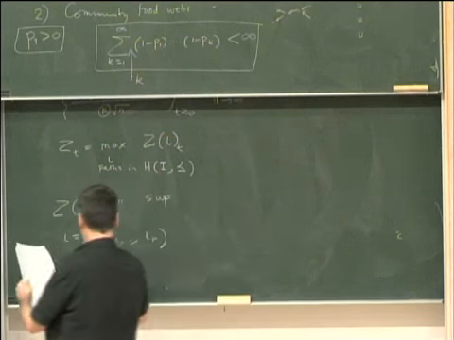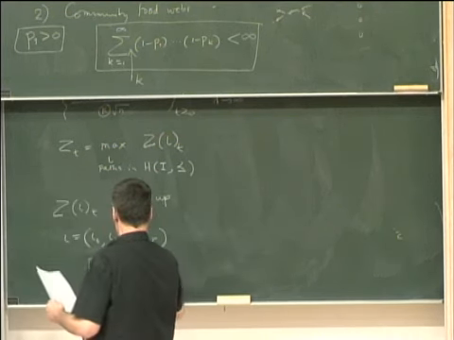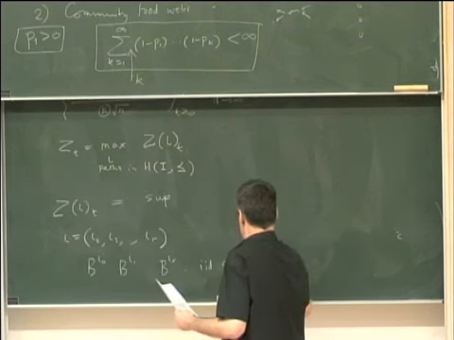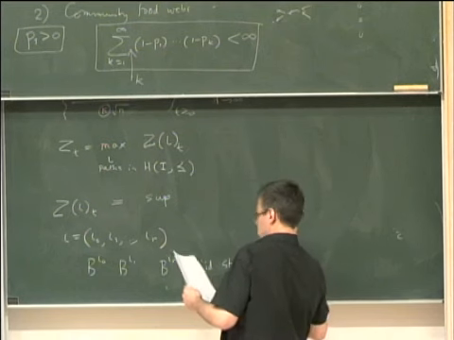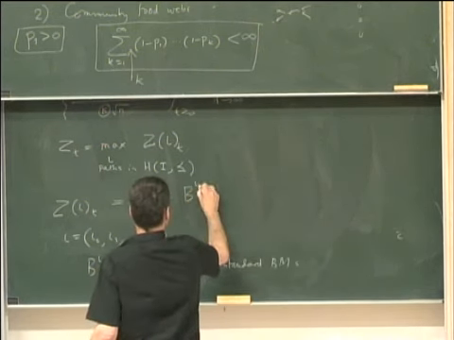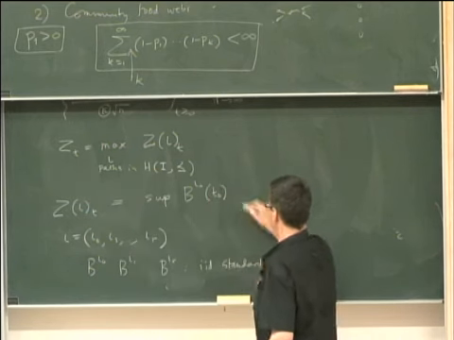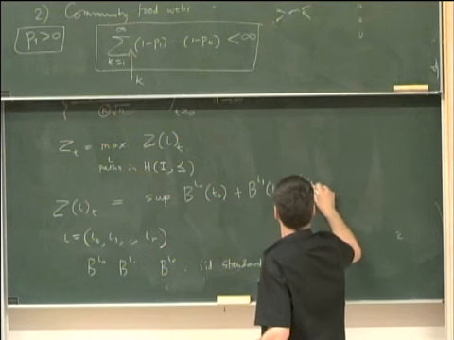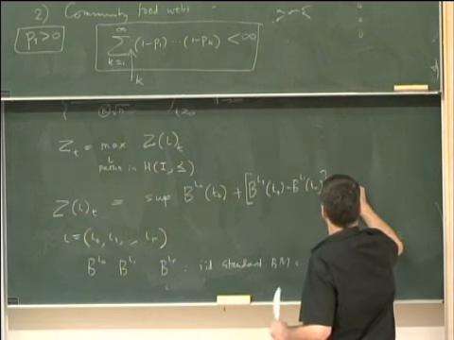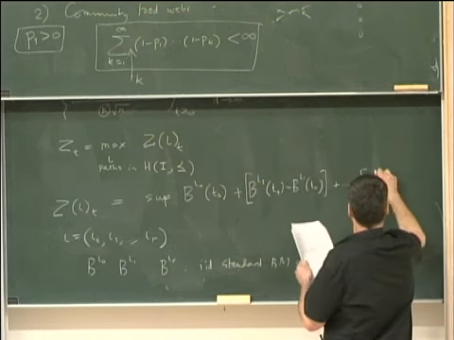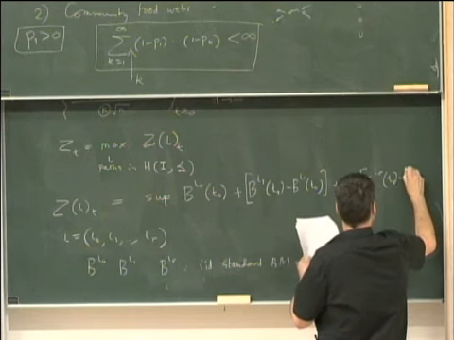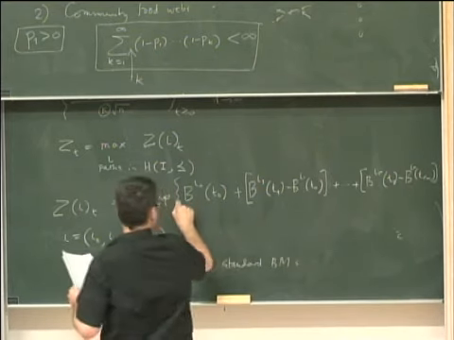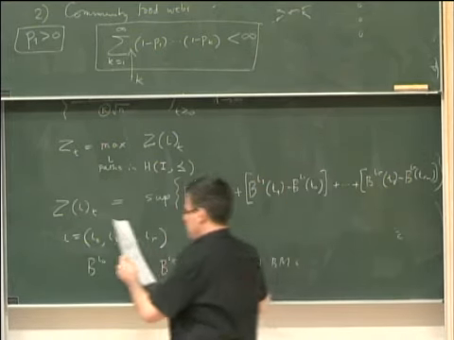So for each of these things, I'm going to take Brownian motions B^0, B^1, ..., B^r. These are IID standard Brownian motions. And I'm going to take B^0 evaluated at some time t_0, plus B^1(t_1) minus B^1(t_0), plus, and so on, plus B^r(t_r) minus B^r(t_{r-1}). So the supremum here over all